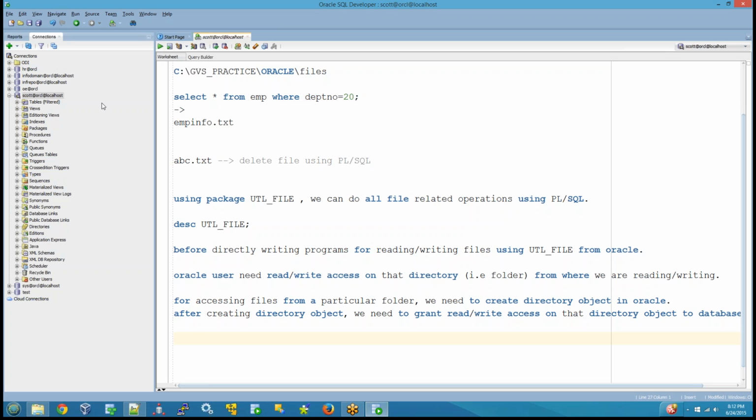Now let's see how to create a directory object. So create or replace directory, directory name, as location. It's a folder location, for example. So create or replace directory Oracle_files as